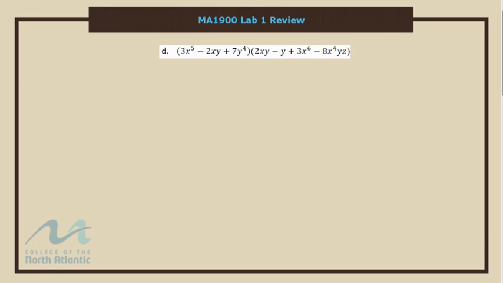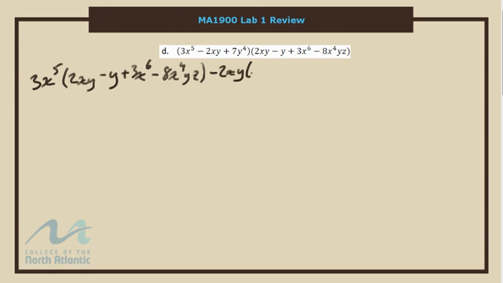So that's going to be 3x to the 5 times 2xy minus y plus 3x to the 6th minus 8x to the 4yz, minus 2xy minus y plus 3x to the 6th minus 8x to the 4yz,